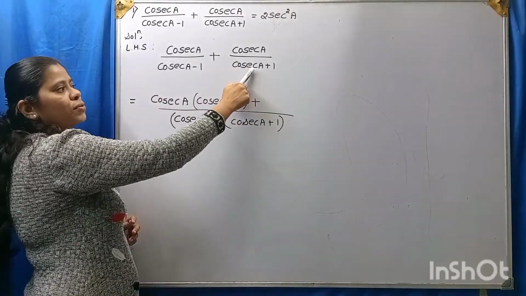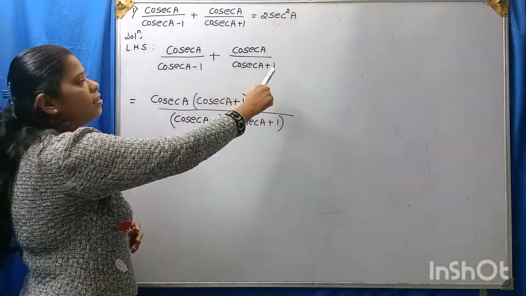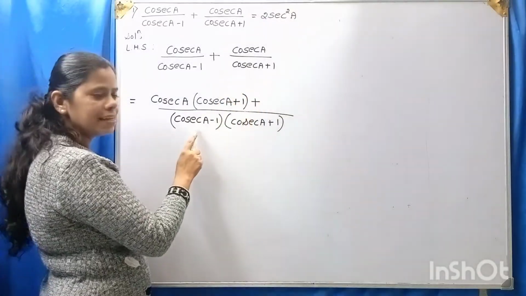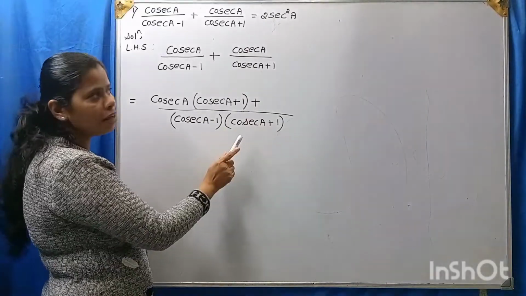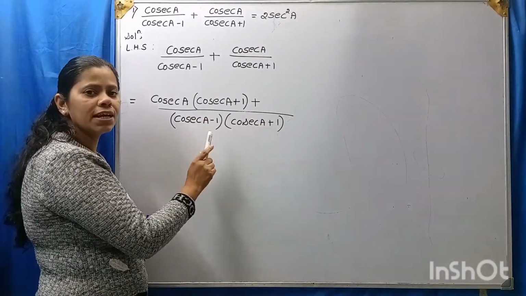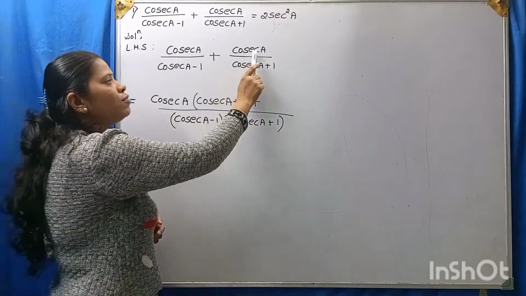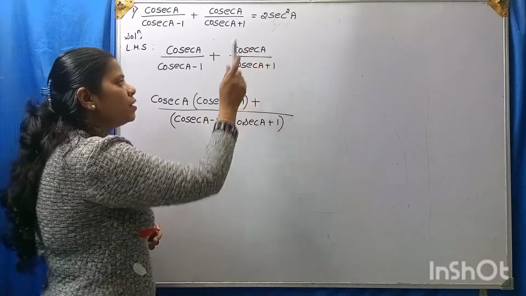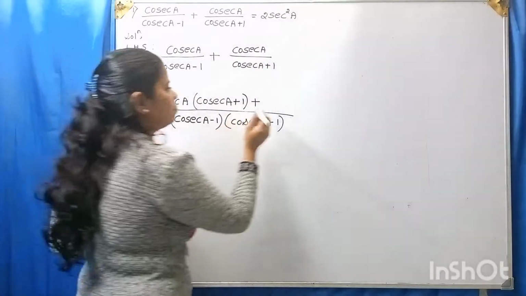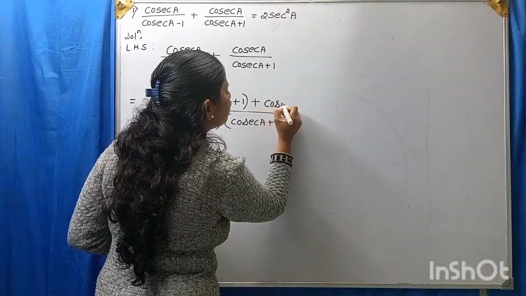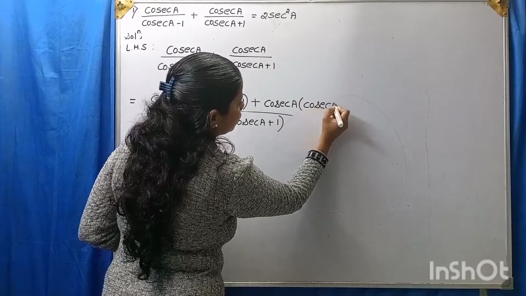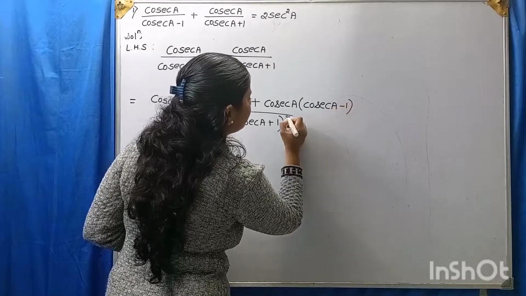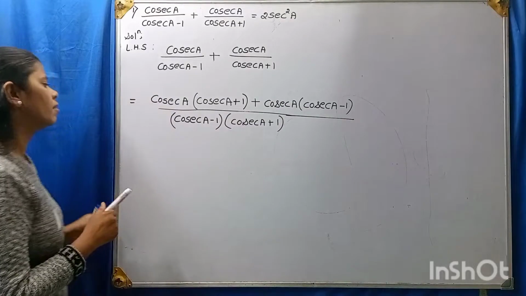now look at this, cosecant A plus 1, it is in the denominator. But our LCM is cosecant A minus 1 into cosecant A plus 1. Therefore, we will multiply it by cosecant A minus 1. Then it will become cosecant A into cosecant A minus 1, is equal to,